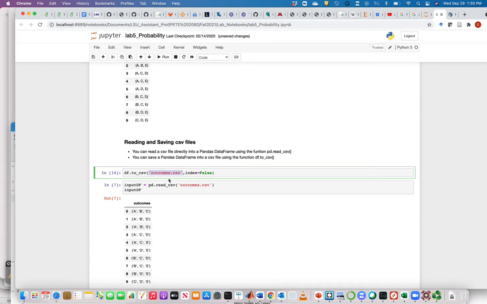Where is this outcomes.csv going to be located? Wherever this code is located. So in my case, my code is in this folder, and then it's going to be inside the same folder, because let me run it first. Yep, I've run it,